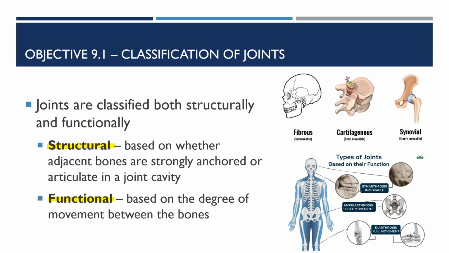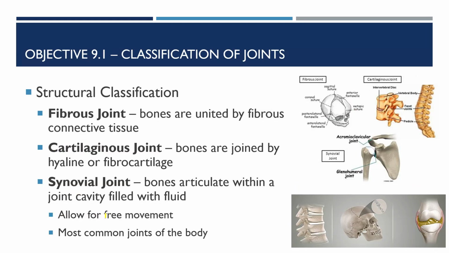In terms of joints, the structural classification is pretty much how those joints are joined together. Are they going to be tightly anchored together? Are they going to meet up in a cavity? And then functional has to do with the movement. Not all joints are going to be freely movable, so the functional classification is how movable they are. And so this next portion is going to be the second part of the essay,